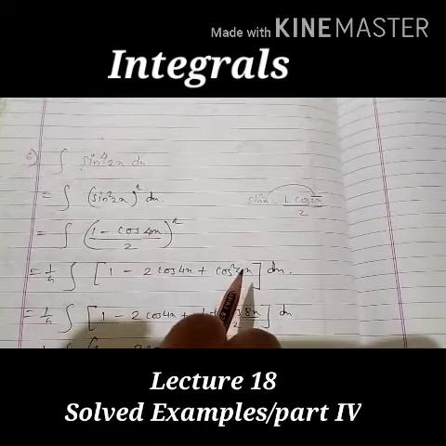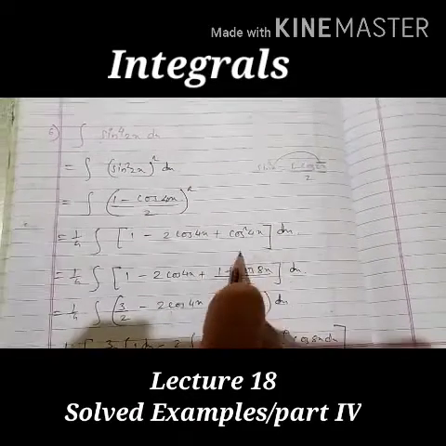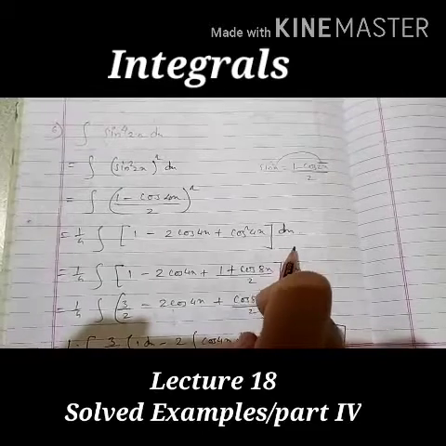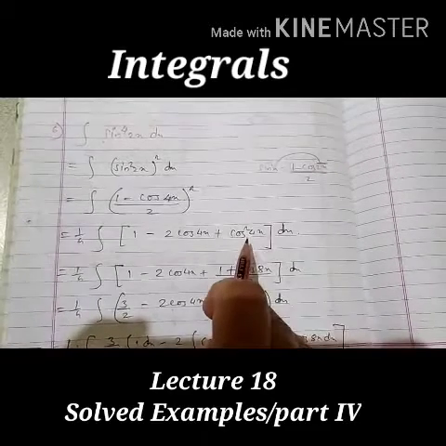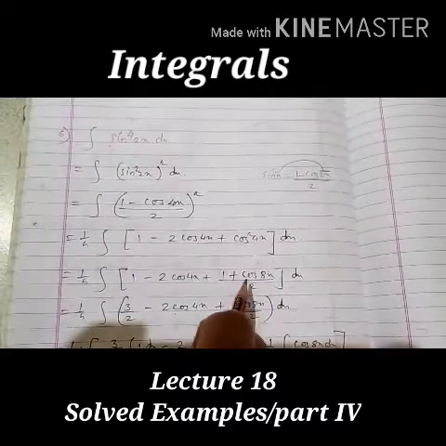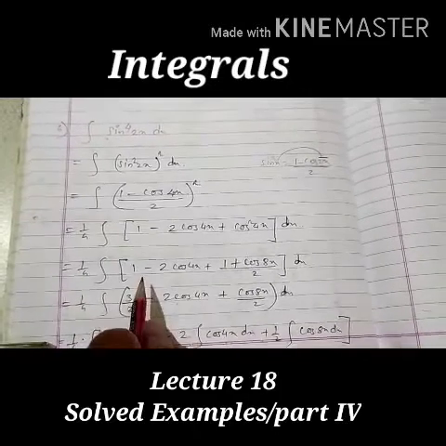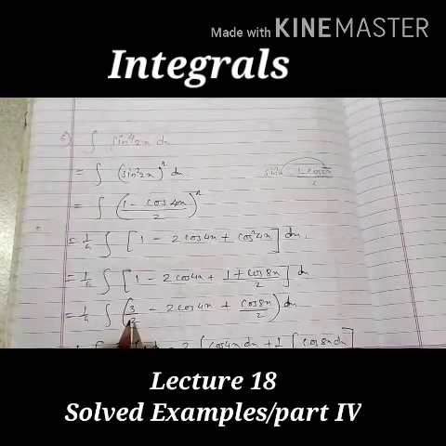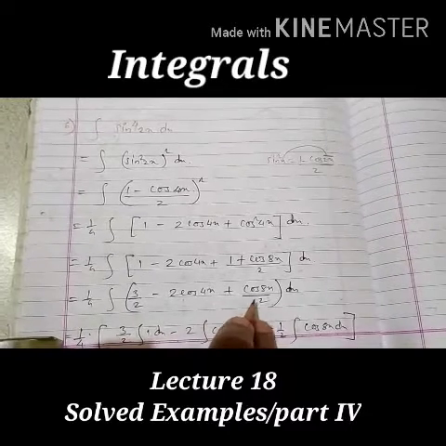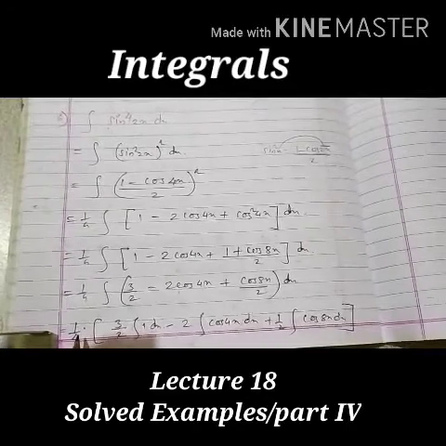Okay, bracket complete dx. Now we'll apply here cos square x is 1 plus cos 2x by 2. So here 4x is there, so its double will be 8x. So 1 plus cos 8x by 2. Now we'll separate the integral. Here 1 plus 1 upon 2 will be 3 by 2. So 3 by 2 minus 2 cos 4x plus cos 8x by 2. Bracket complete dx. Now 1 by 4 will be as it is.